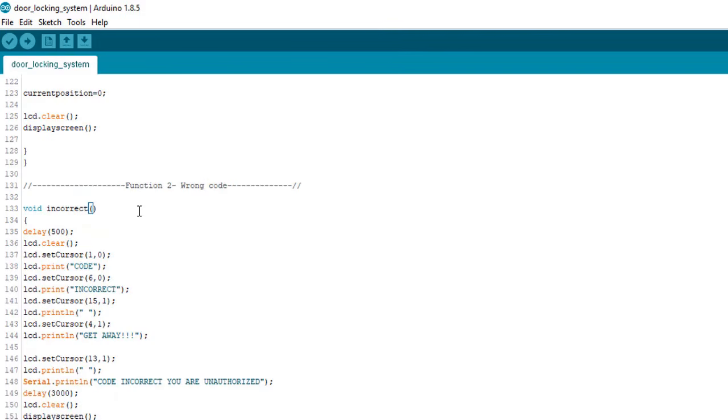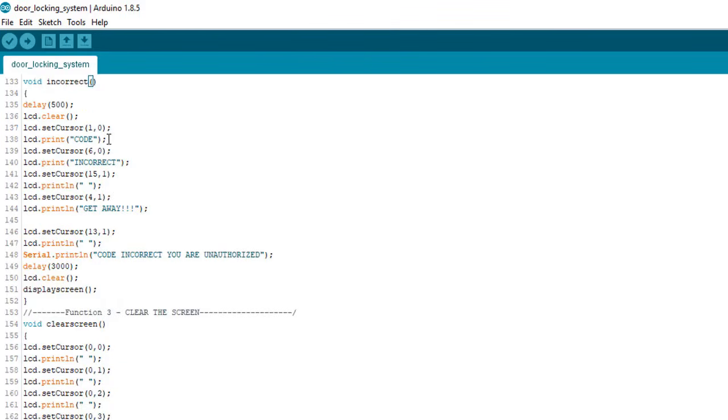The next function is for when you type the incorrect code. Then this message will appear on the LCD display: code is incorrect, get away, code incorrect, you are unauthorized. After that you will get the default message.